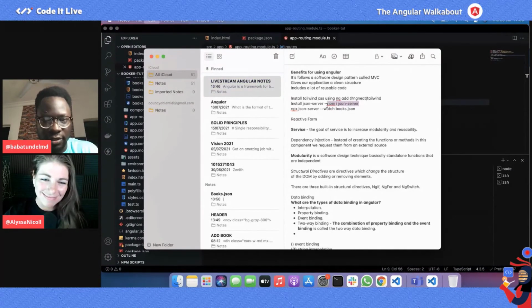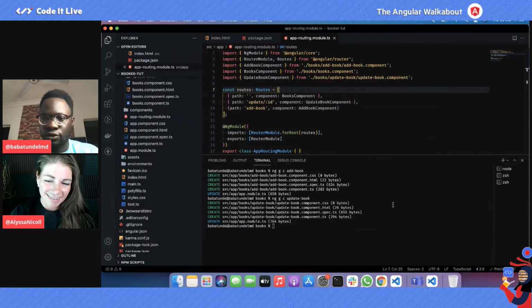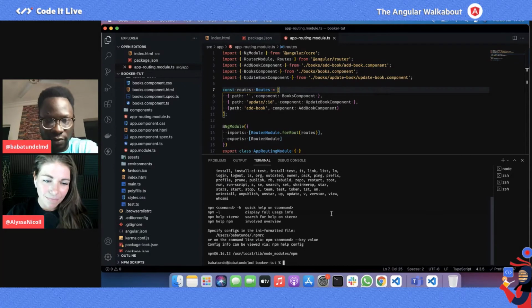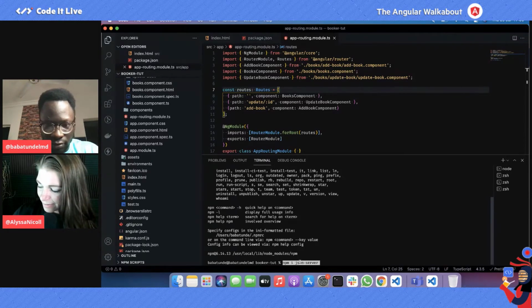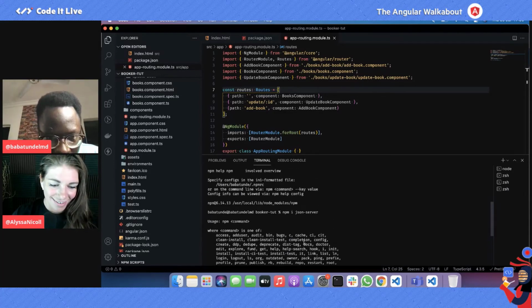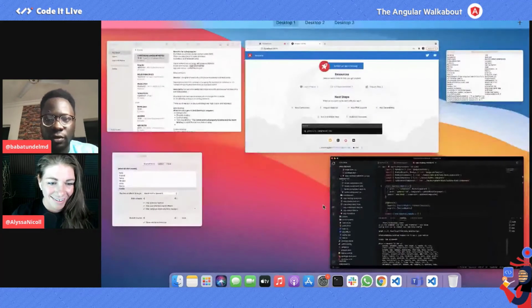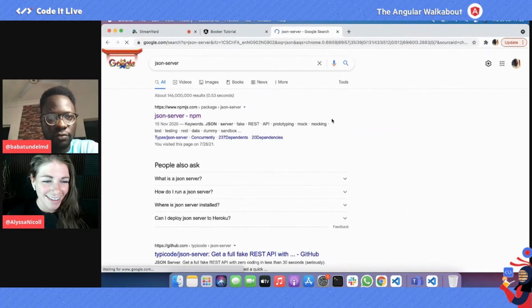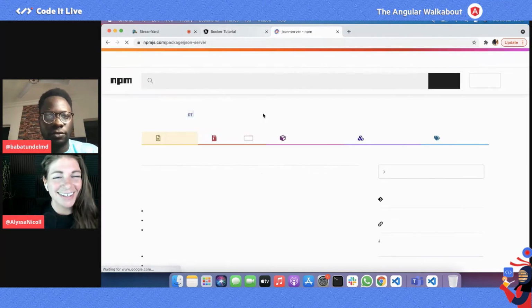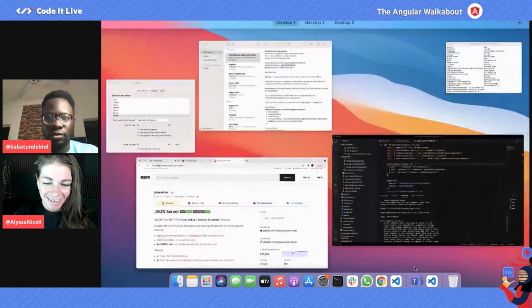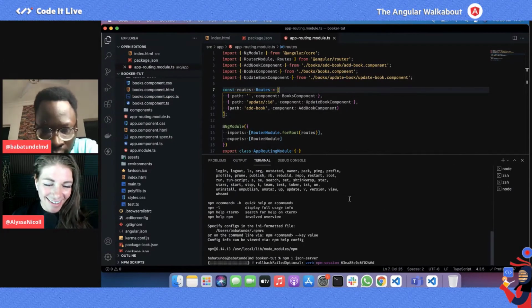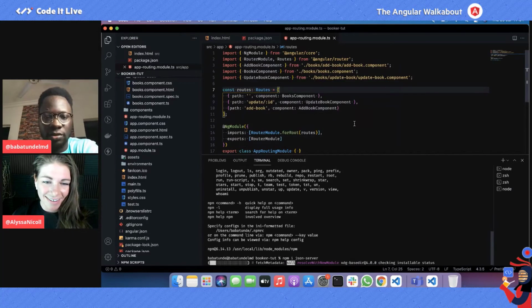Okay, so I'm just going to copy this, create something new, and paste this right here. npm generator. Okay, we have an error. It says API JSON server. Let's quickly go and say npm JSON server. Ctrl V, then install. Okay. So once we have that installed,